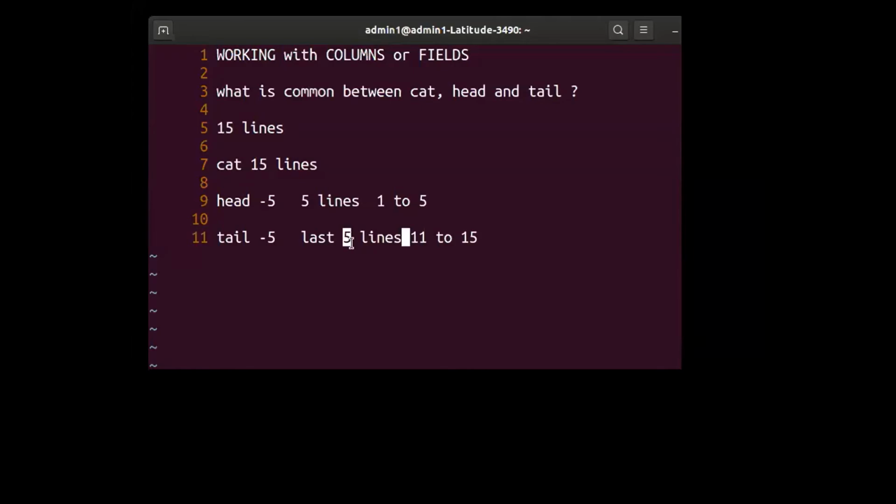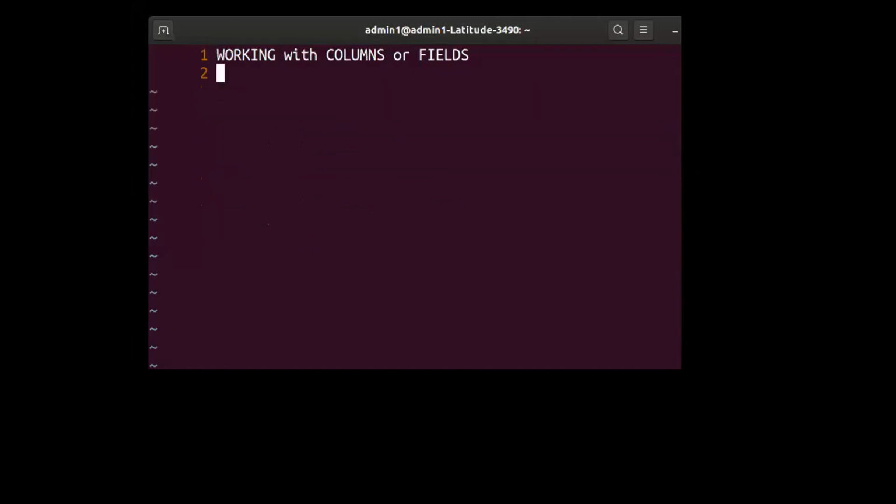So these three commands display the contents of the file by cutting it horizontally. But some applications need you, as a programmer, to cut the file vertically. And whenever you want to do that, these commands will not help you.